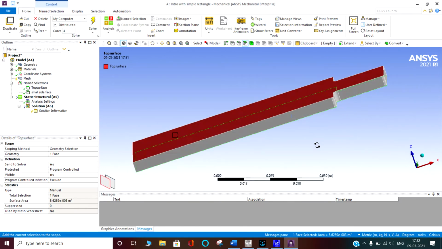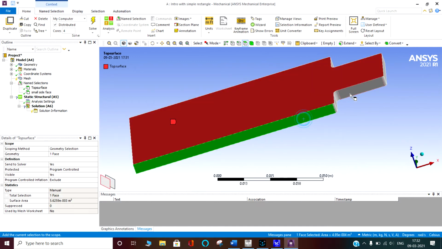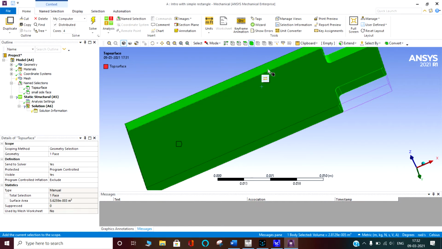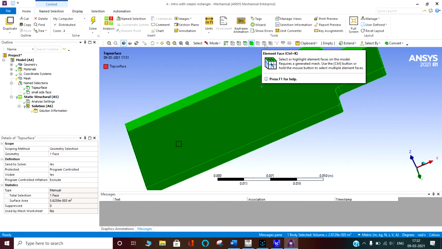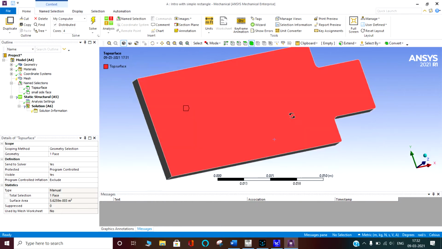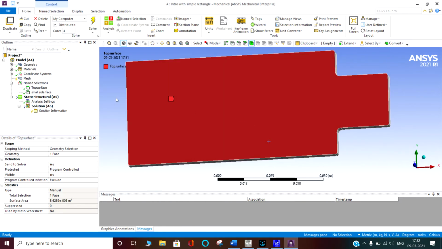Click on this surface and you will select the surface. If you want to select the body, then choose body. What are these? These are nodes, element face and element. Why are they not showing here? Because till now we have not meshed it. As soon as we mesh it, they will be shown easily. Okay, so we are going into the geometry first.